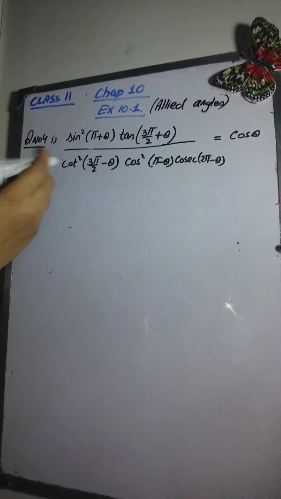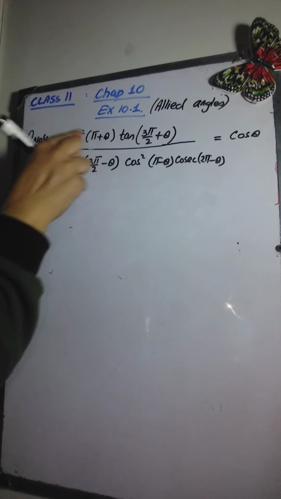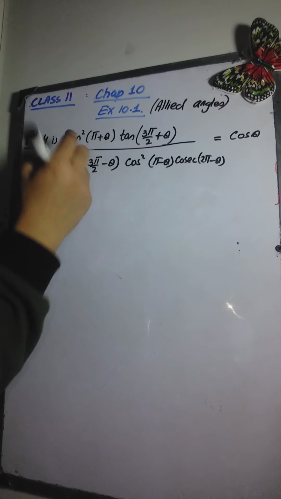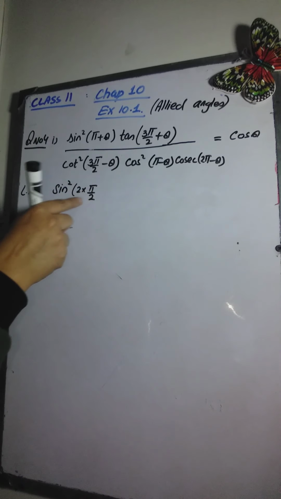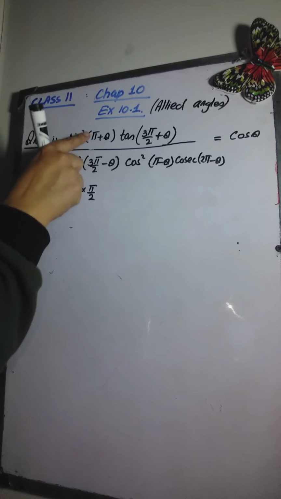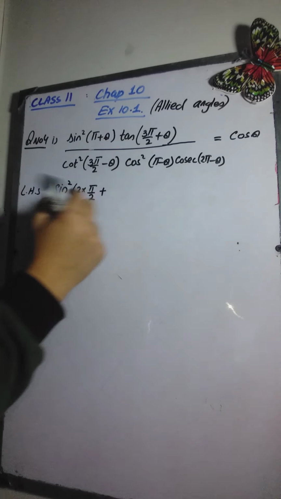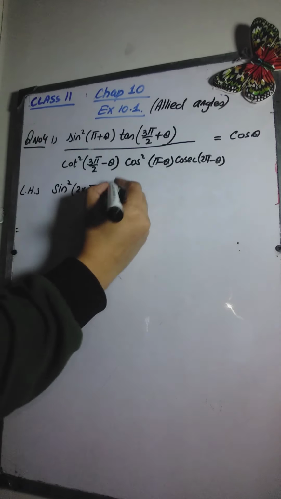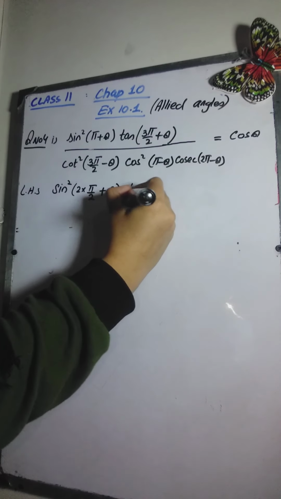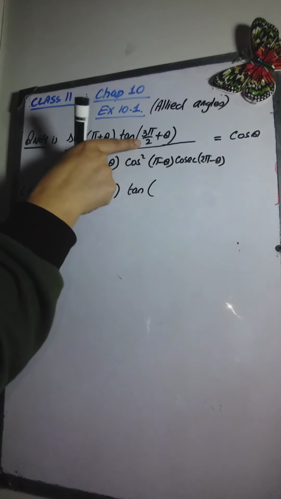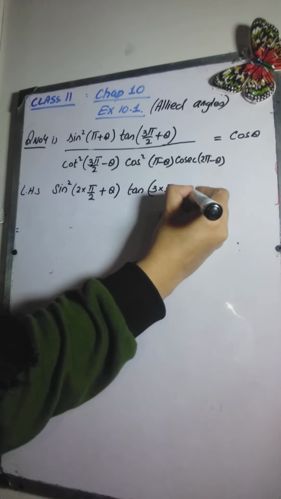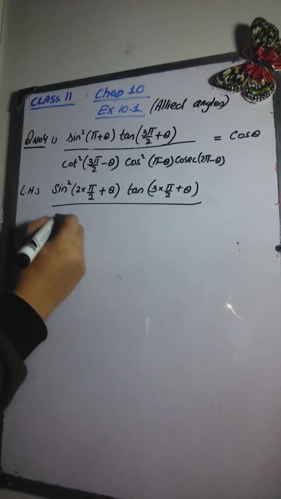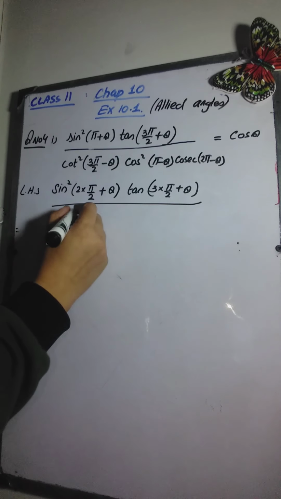Okay, so let me take the left hand side. Sine square pi can be written as 2 times pi by 2, because these 2 cancel out and this is equal to pi. So I have written pi to be equal to twice of pi by 2, so that I can use the concept of allied angles. And tangent of 3 pi by 2 can be written as 3 times pi by 2 plus theta, over cot square 3 pi by 2 minus theta,